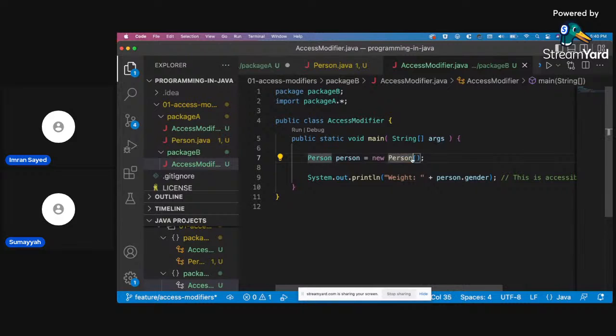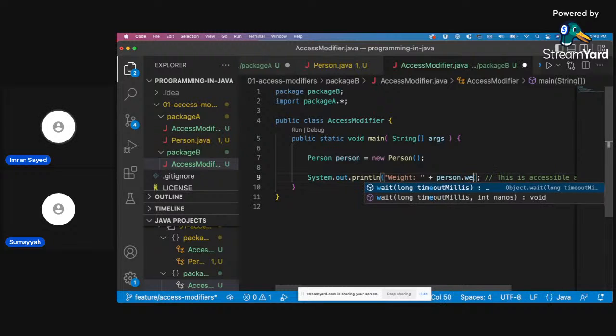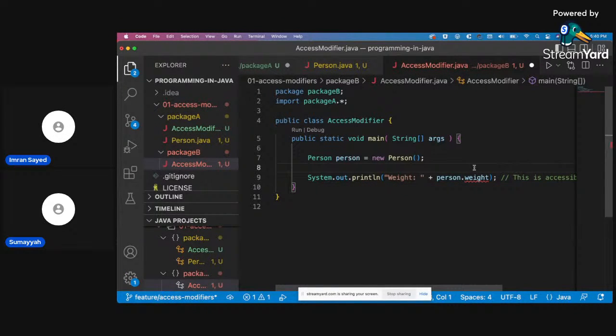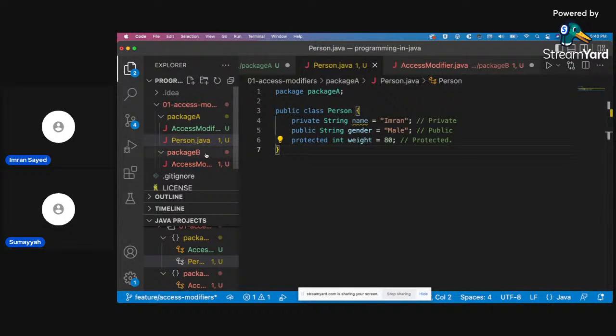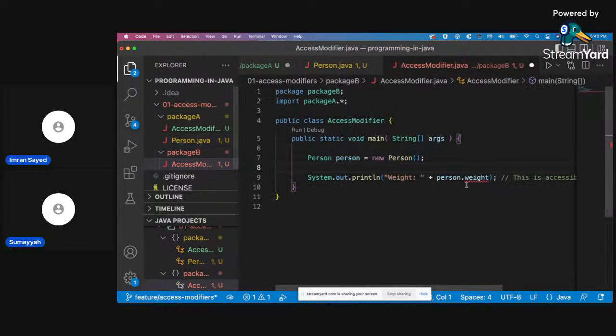Okay, cool. Now I'm going to try to access the weight. What just happened? Let me see. Protected int weight. So what's happening here? It is not visible. Why the heck is it not visible? Because I'm not extending it.